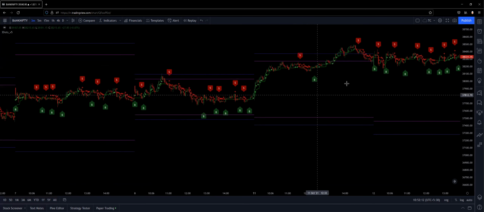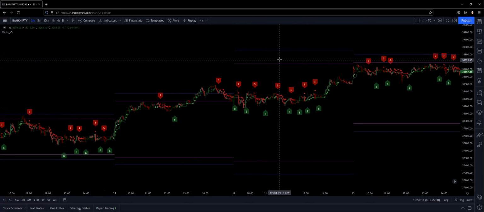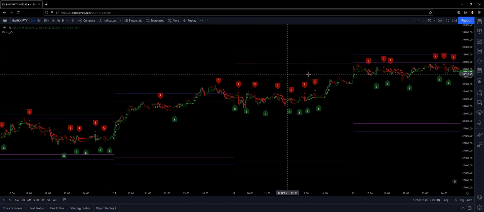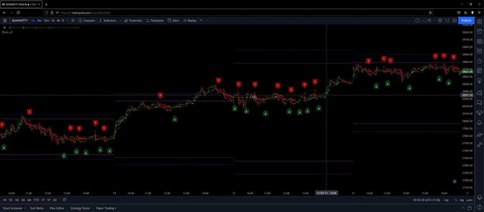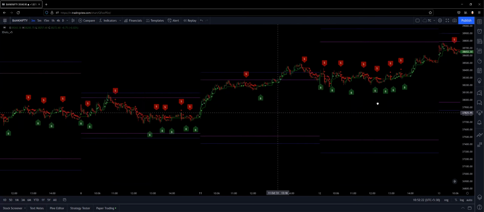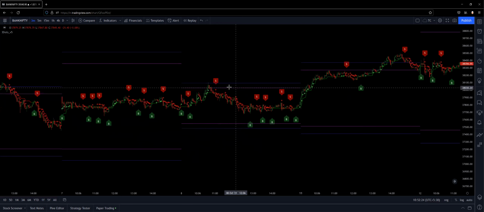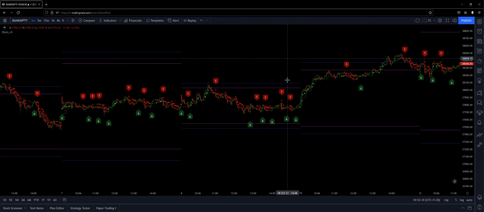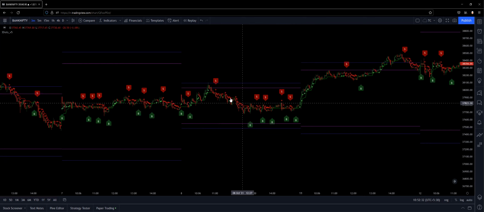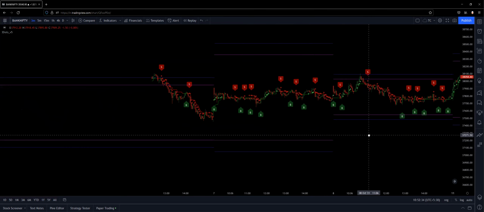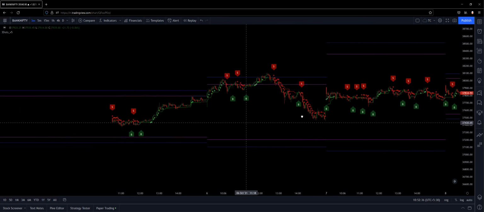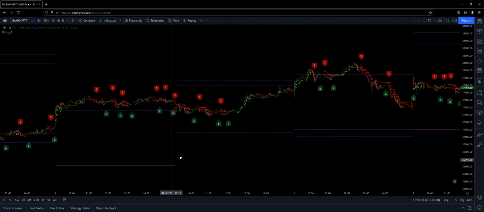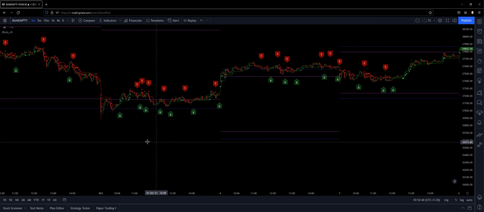If the range is huge, as you see here, it's a very big range, it is very difficult to break, and you can expect a range-bound day. Whenever the range is small, there is a greater possibility of the range breaking, and you can expect an upside or a downside on these kinds of days. I'll go through backwards and show you these examples.